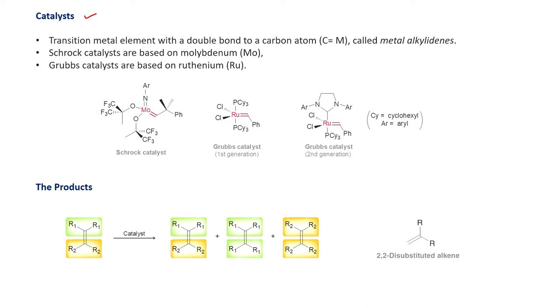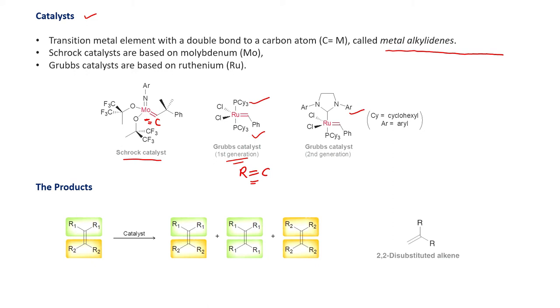So what are the catalysts used in this alkene metathesis? Schrock catalyst is molybdenum. Molybdenum attached with carbon having double bond. Grubbs used ruthenium, in which ruthenium is attached with carbon having double bond. So that's why these are sometimes called metal alkylidene catalyst or metal alkylidene complex. And these ligands change,